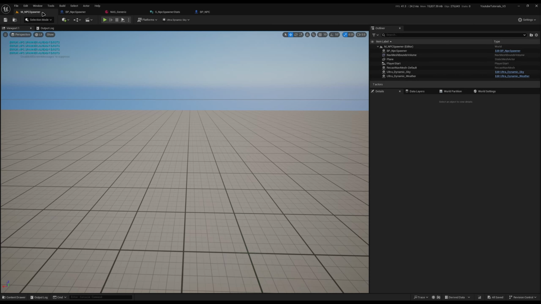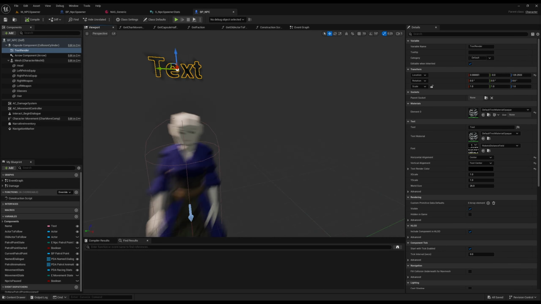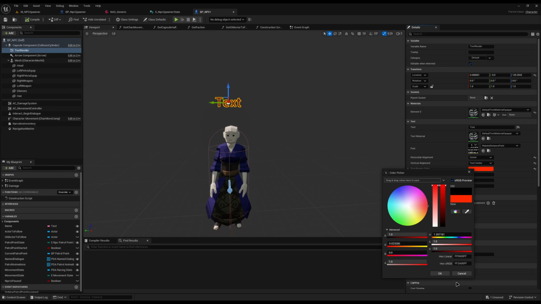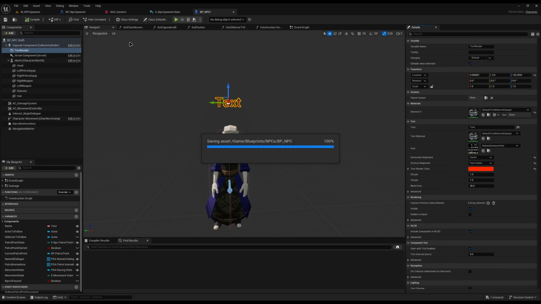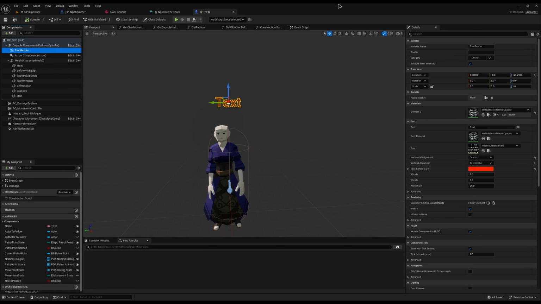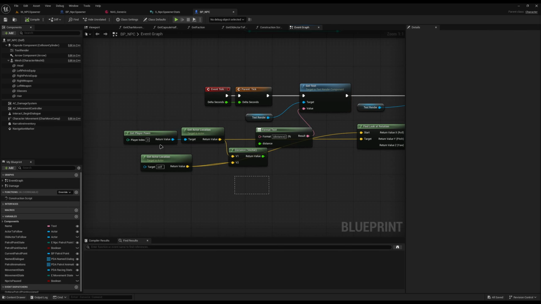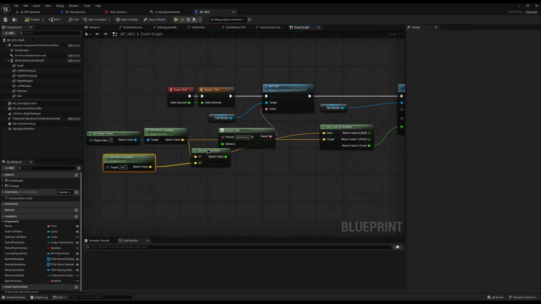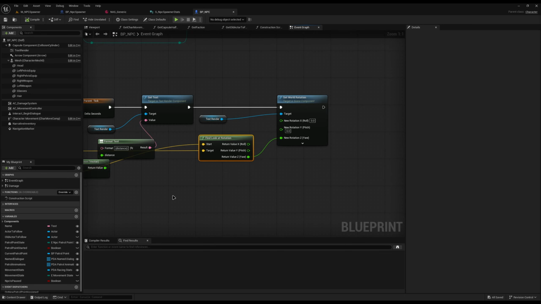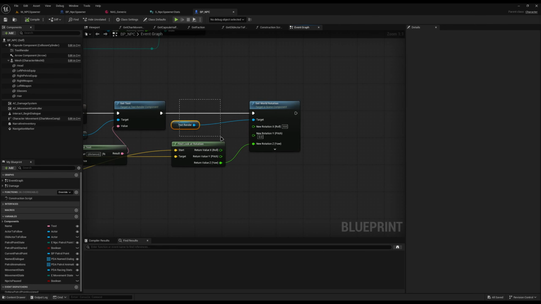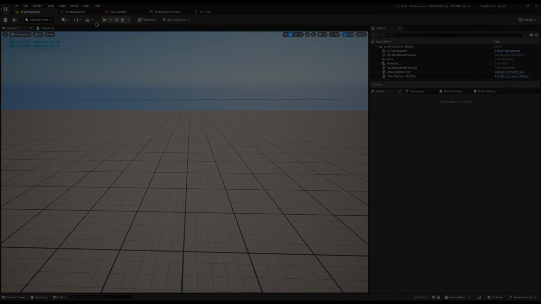So, I have also added a little text function just above the NPC's head, just like that, just so we can see in the world their distance, because I wanted to see why it wasn't working. And if you want the code for that, it's literally just a text render, and in the event graph I've just gone into event tick, set the text to the distance between the player pawn's location and the actor location, which is the NPC, set the text, and then I'm using the find look at rotation from the current actor and the player, setting the z-axis of the text renderer to make it always face you. Something dead basic, but you'll see if I try it now,